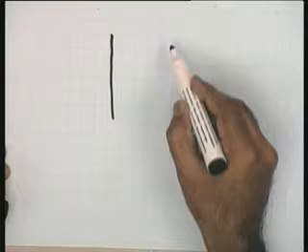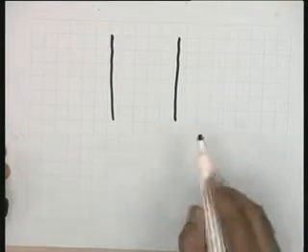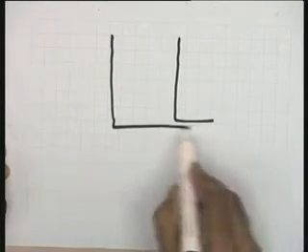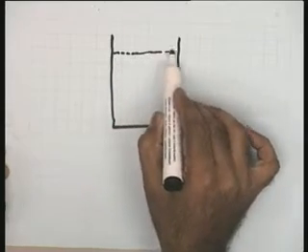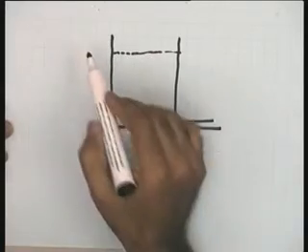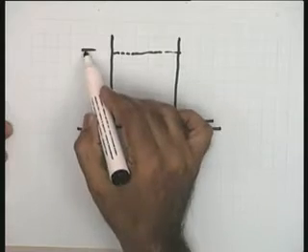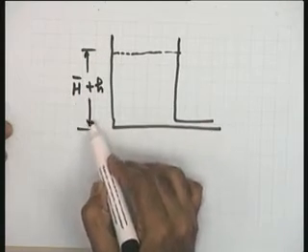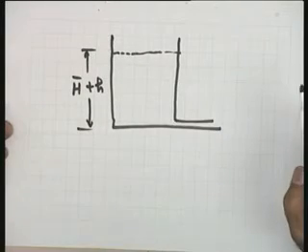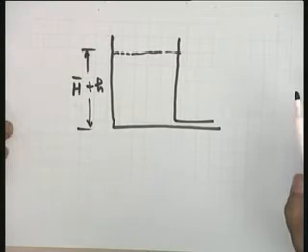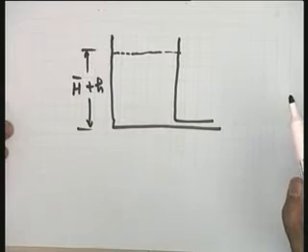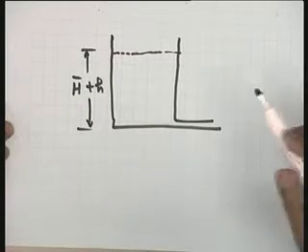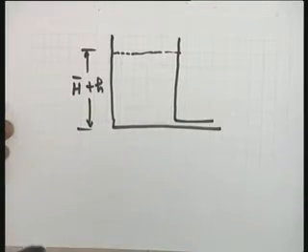Let me put it this way. In many process control applications, you are required to control the height of the liquid in the tank. This is, let us say, a tank I have taken, and let me assume that the height of the liquid in the tank is h bar plus h. Recall the nomenclature. H bar represents the equilibrium position, and h is a disturbance or perturbation with respect to the equilibrium position because of any reason, the manipulated variable or the disturbance variable.